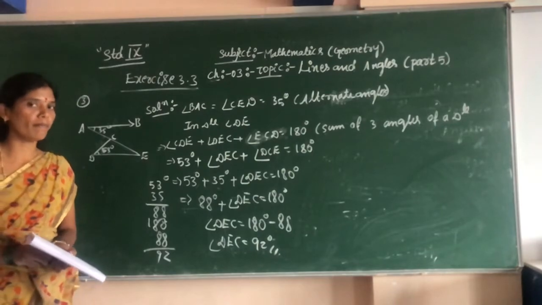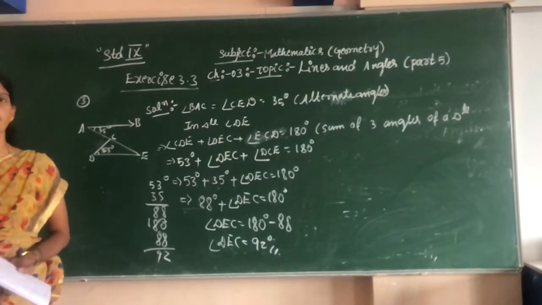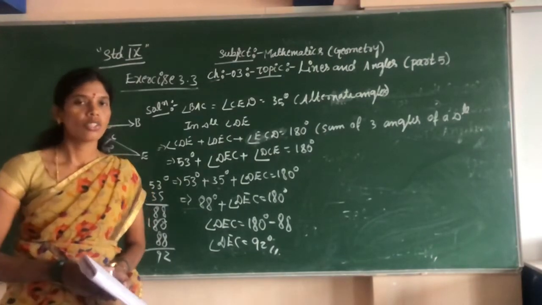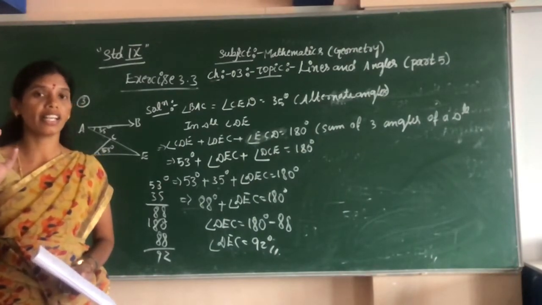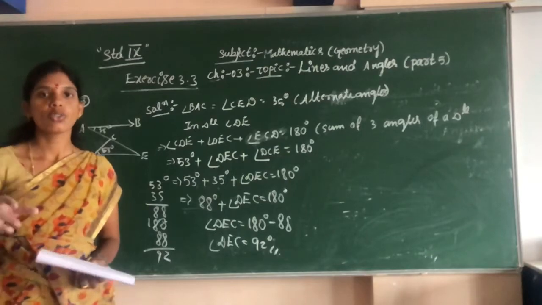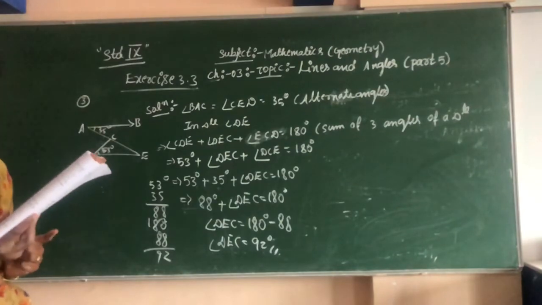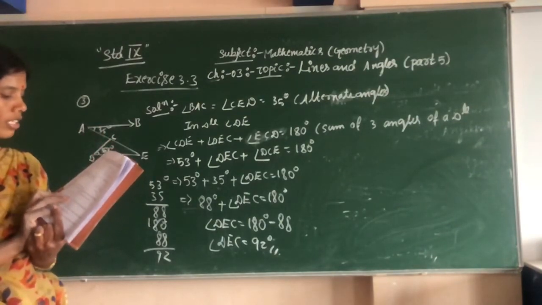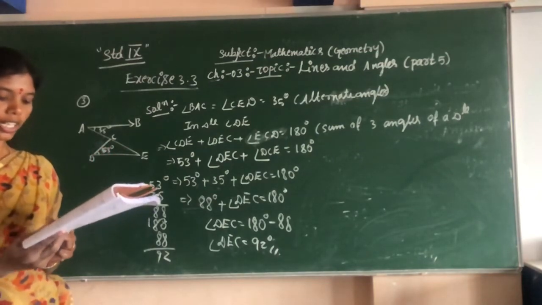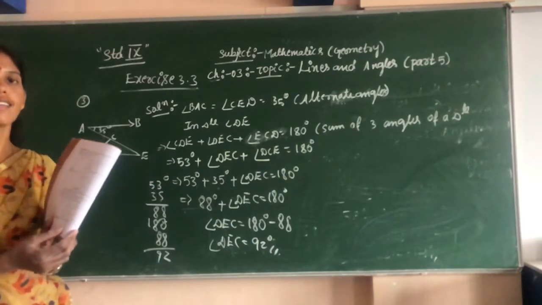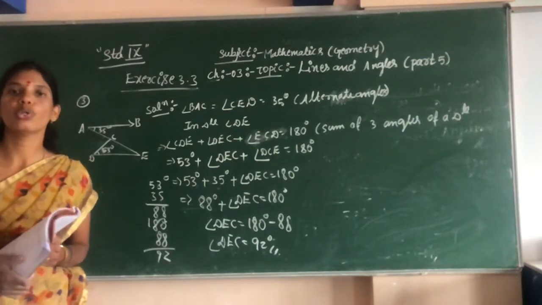Have you understood this problem? Any doubt? Navya, any doubt? In these questions we use the angle sum property of a triangle. So keep in mind, the angle sum property of a triangle is 180 degrees. Now the homework: in the exercise, questions 4, 5 and 6. Figures and angles are given in the fourth, fifth and sixth ones. You do the homework.